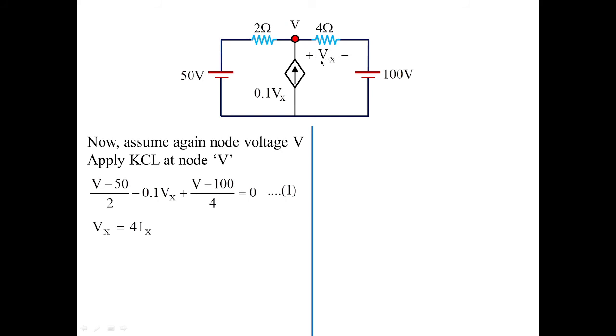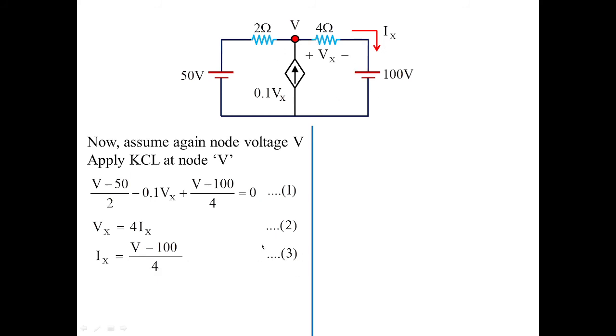So with this, you have to find out the value of Vx. In this particular case, Vx is nothing but the voltage measurement across 4 ohms. So the current which is flowing in 4 ohms, the same current is flowing in 100 volts also. Let us take the value of current as Ix. Then Vx is equal to 4 Ix over here. Find out the value of Ix. So Ix will be V, that is the main voltage, minus 100 divided by 4 is the value of the branch current Ix over here.